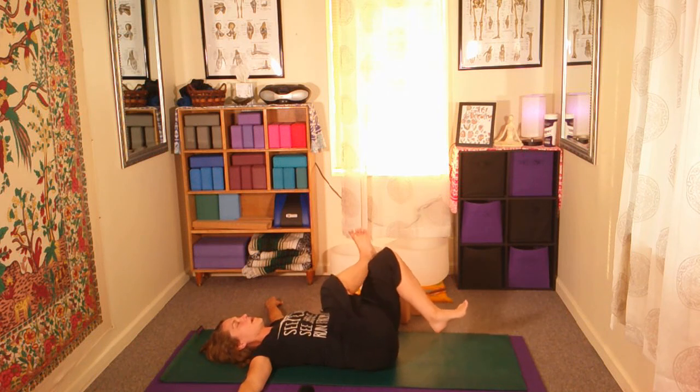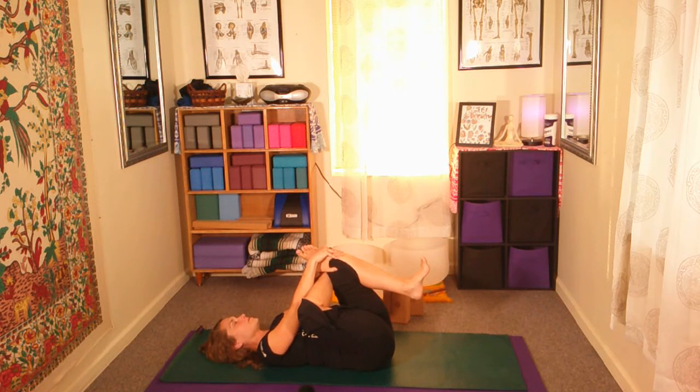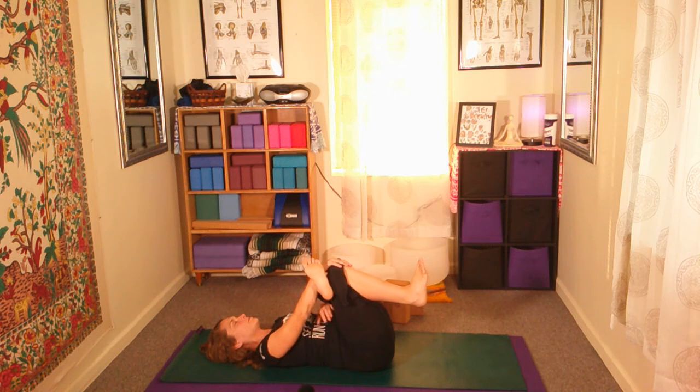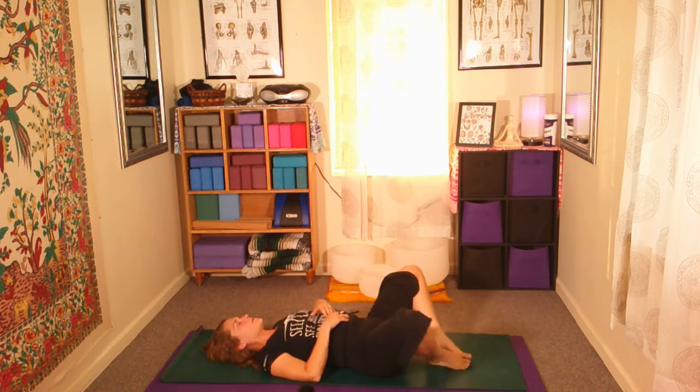Cross that right ankle over the left, bringing that knee in into a modified reverse pigeon. Nose point up towards the ceiling, not the chin. Slowly switch. Soles of the feet together. Release yourself